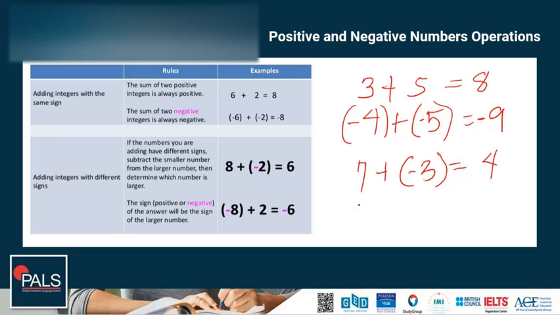Then negative 9 plus 5. Again, the signs are different, so you subtract. 9 minus 5 is 4. But since the sign of the larger number is negative, the answer must be negative. Okay, it's clear. So let's proceed to